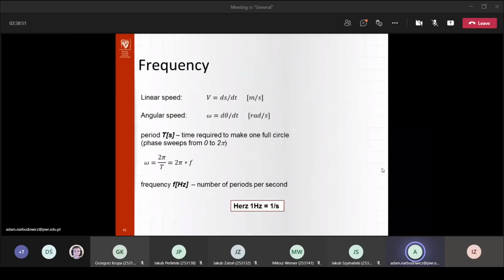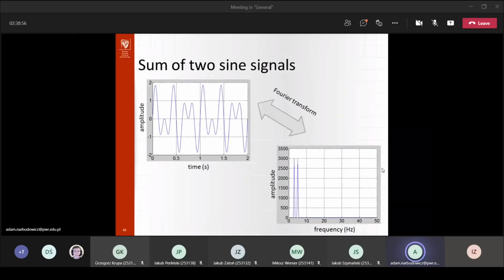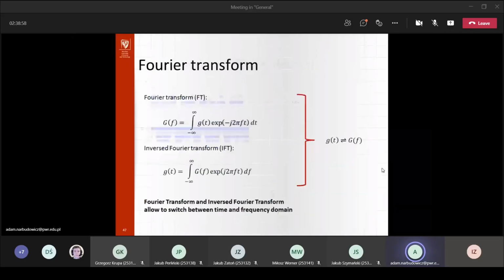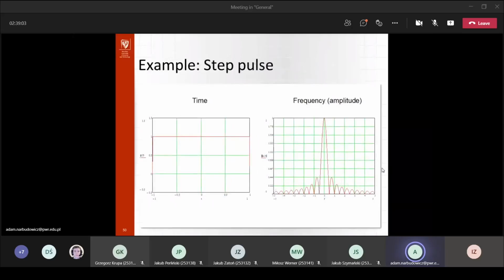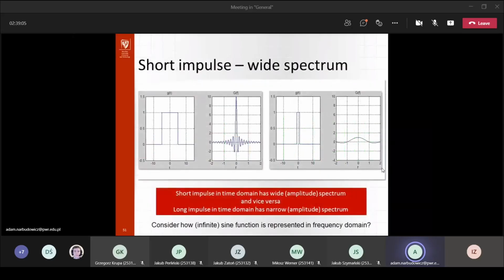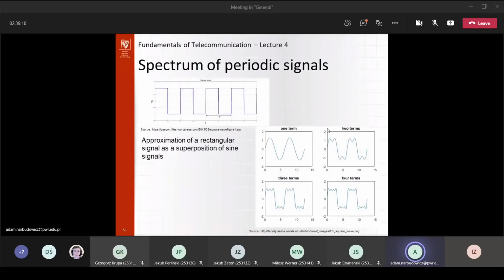Okay, so let's continue where we left off with the signals. So now, we are trying to reconstruct this perfect signal. We know this is actually not possible. Now, I mentioned earlier that there is a symmetry